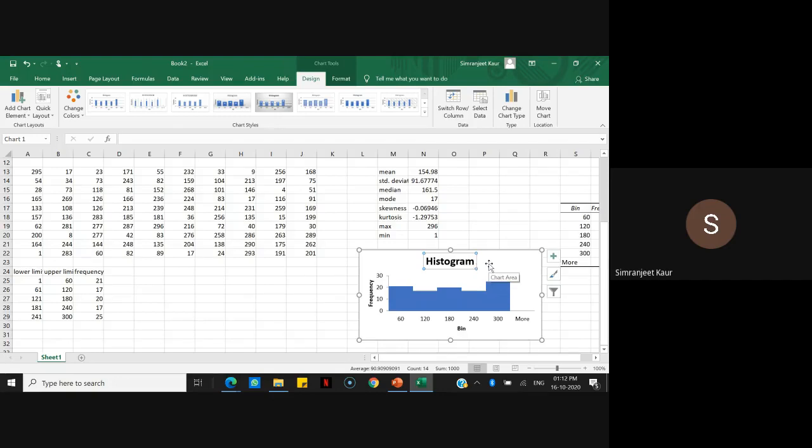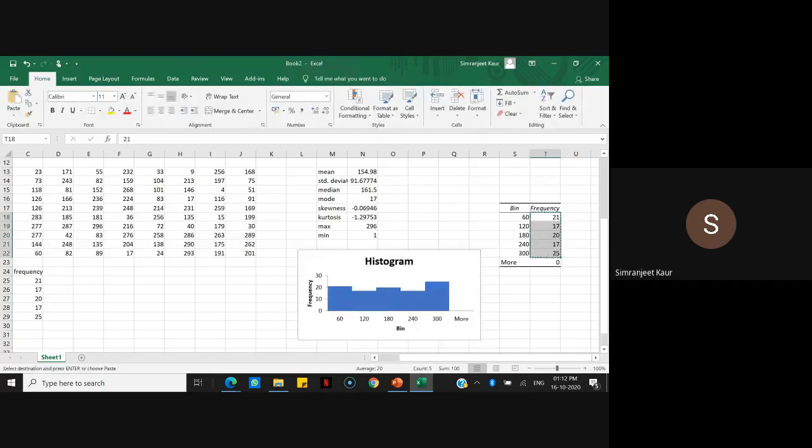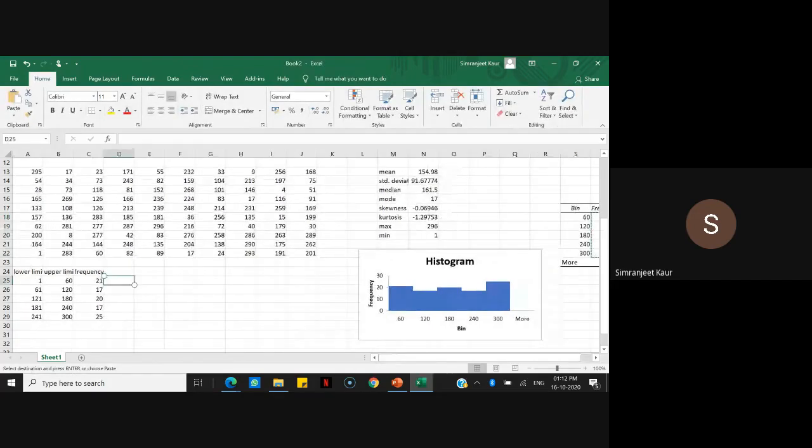So that I leave to you to experiment, right? So this is one way. So from here I can copy this frequency, Control C, and paste it here. See, this is the same one as we calculated before, right? So because we have already calculated it, we don't need it again, so I'll just delete it, right? This is just for information, which is another way to calculate it, right?